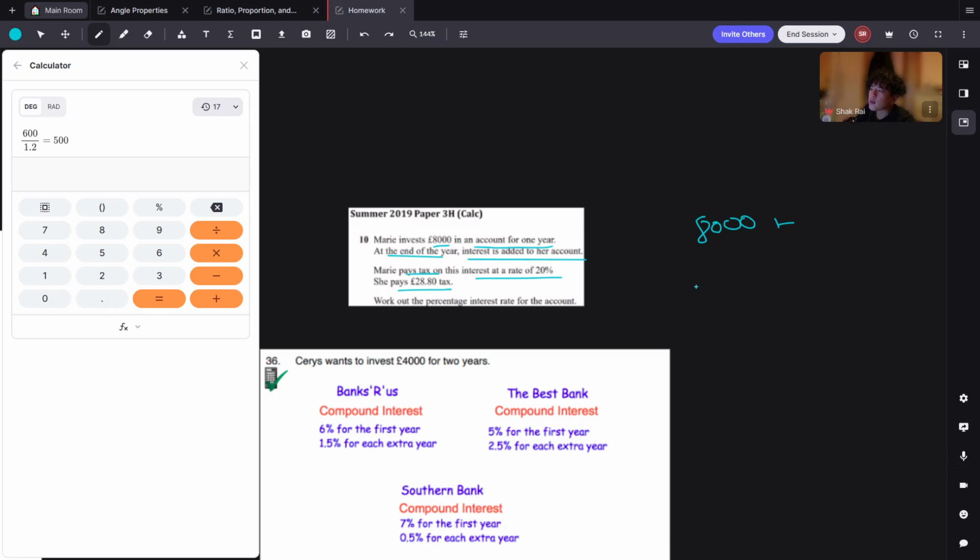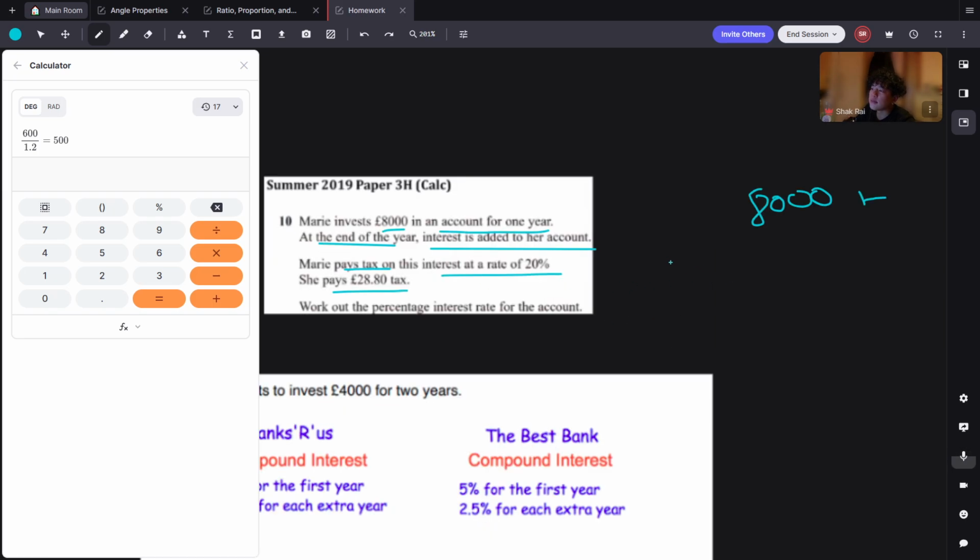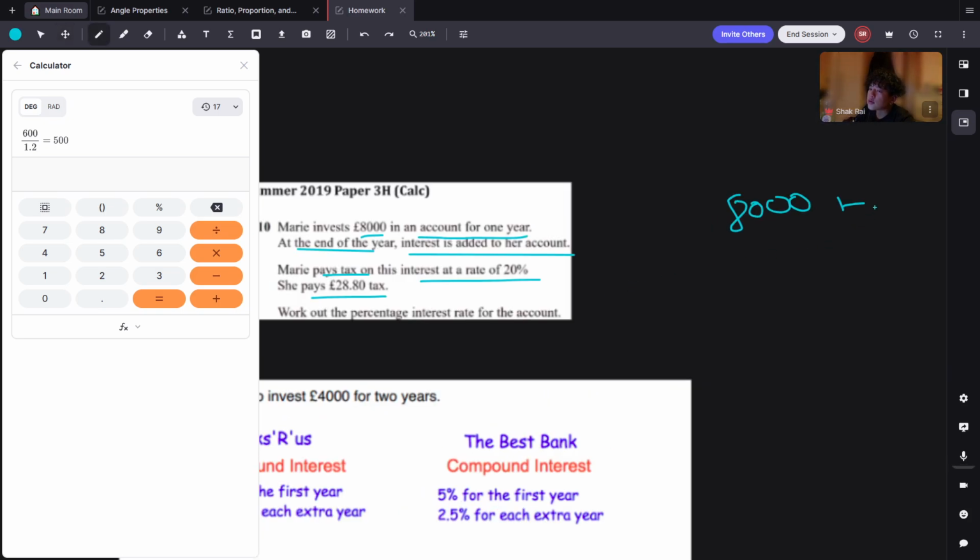Okay, so Marie pays tax on this interest at a rate of 20%. She pays £28.80 tax. So she puts in £8,000. She pays tax on this interest at a rate of 20%. So